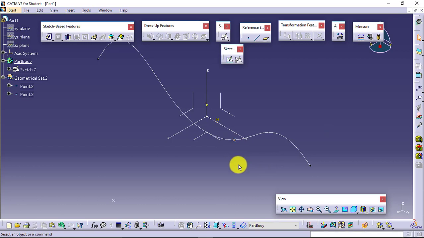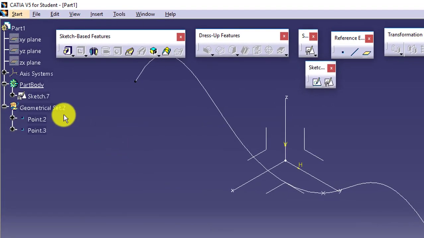Also remember, this particular point which I have defined as a reference element, this is my datum point. This is not part of any sketch. This is the part of your model, and that's why this is being generated over here in the geometrical set. There is a new set added by default. In that, both the points are added.